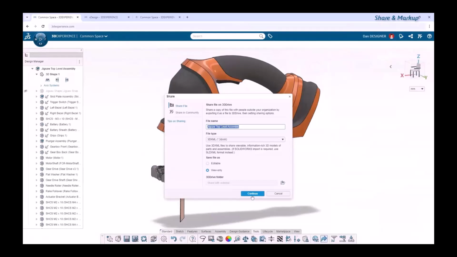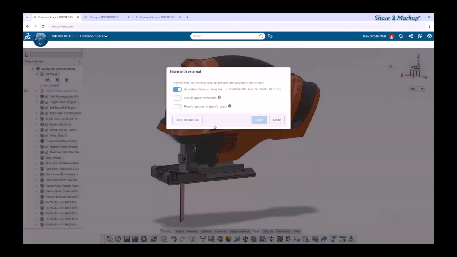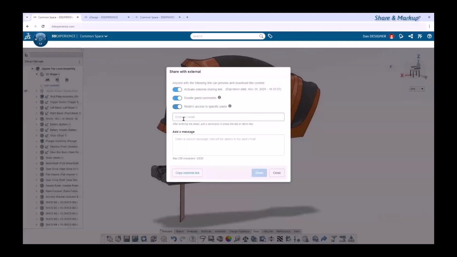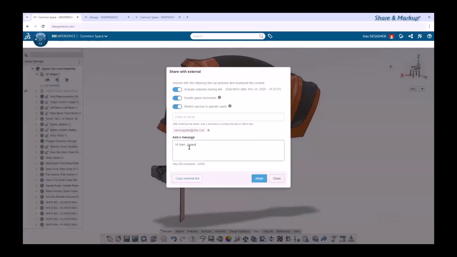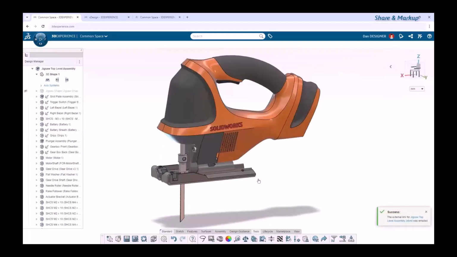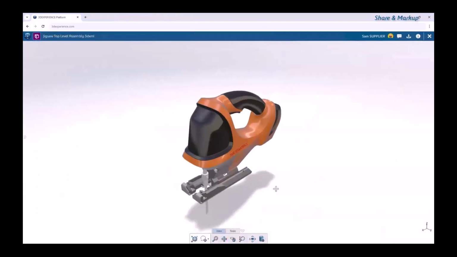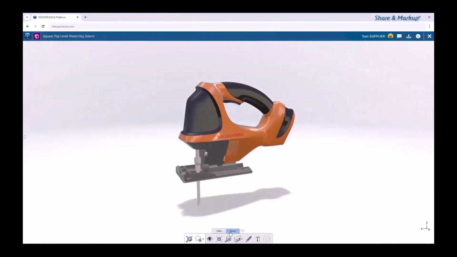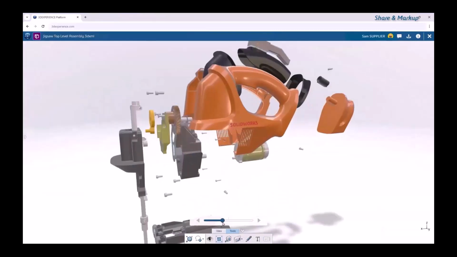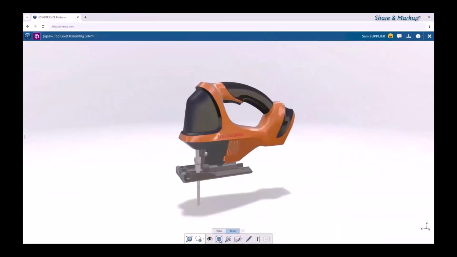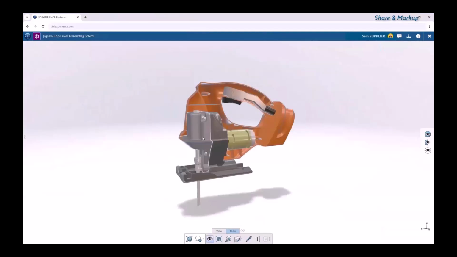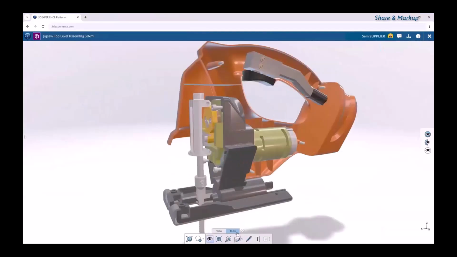Also, the beautiful thing is that if you want to show your work to your professor or somebody else, maybe an external person, you can create an external sharing link, and then anybody that has this link is able to display your work. So they will receive an email with this link, and they will be able to explode the model, take measurements, hide components, create section views. So this is much better than sending an email or a screenshot,